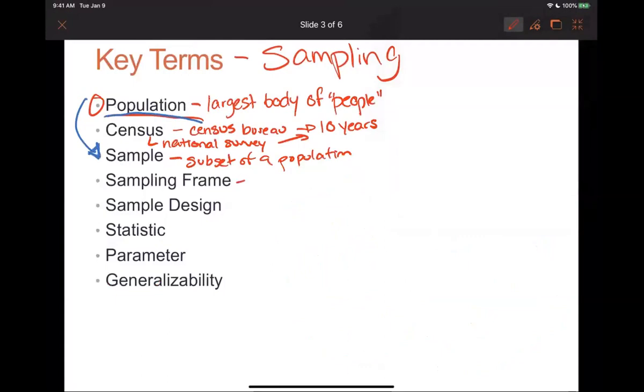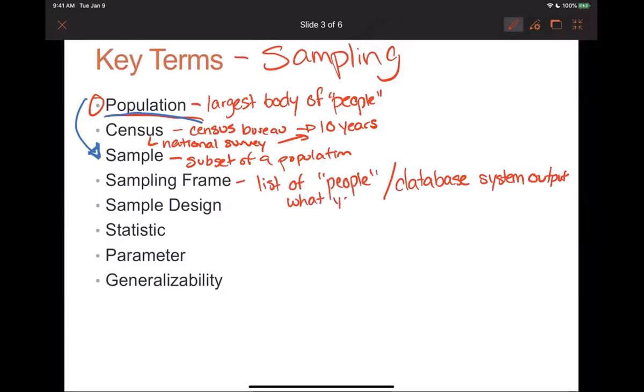So, the sampling frame. Typically, if you think of, say, your list of people, and again, this is not always a list. In this day and age, it is more likely to be a database system output, something like that. Basically, this is the idea of what you choose your sample